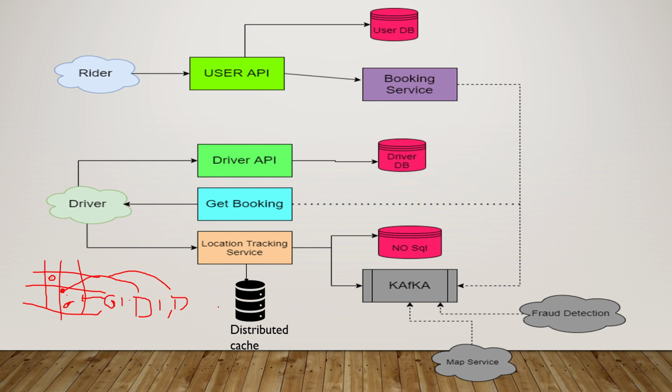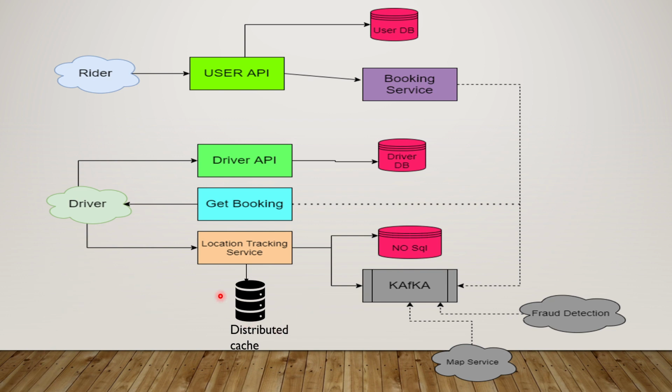So that is why we should have a distributed cache as well, because it will be fast, and IO will be very fast with a distributed cache. So that is required here as per my thinking. And a distributed cache like Redis can be persisted also, so it will be really nice to have something like that. And yes, if you want to learn about distributed cache, I have already made a video on how you can create your own distributed cache as well. So that is it for this particular slide.